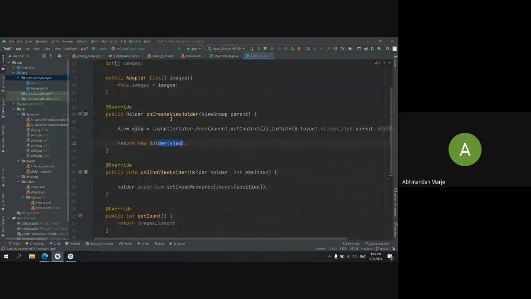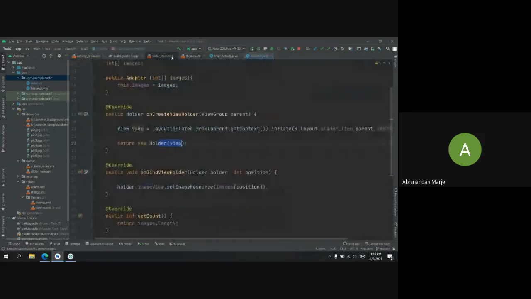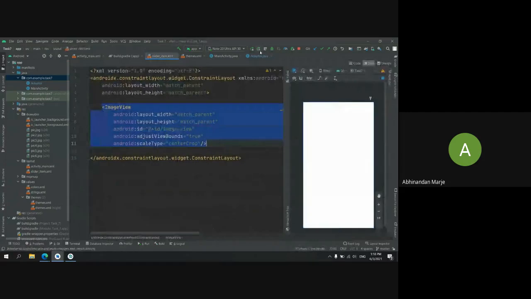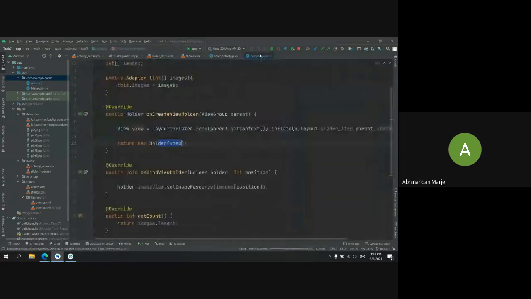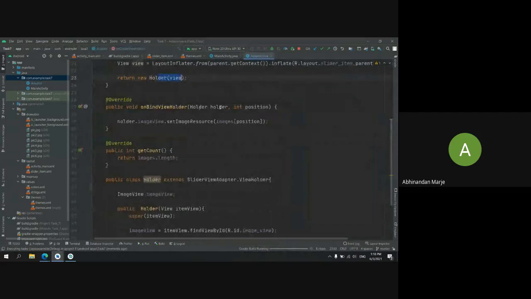When I connected my external layout and my main layout, the next thing is I want to change images in this image view. So for that, I come back to my onBindViewHolder. In this, we will get a holder name and the position.